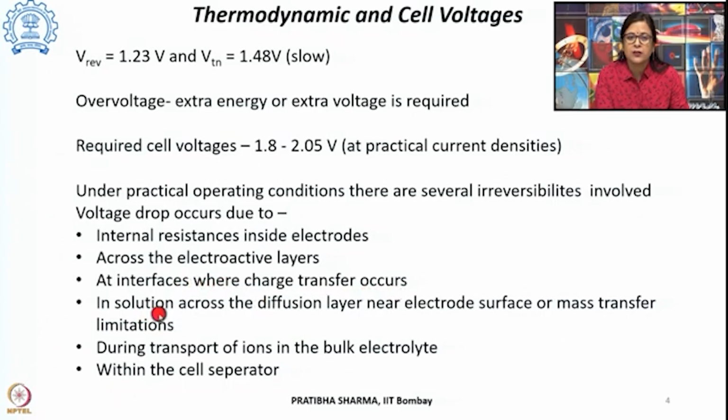It can be within the solution across the diffusion layer near the electrode surface, which is arising because of the mass transfer limitations. So in the previous class we have seen that there is a compact layer, then there is a diffuse layer. So there could be voltage drop occurring because of the mass transfer limitations. Also during the transport of ions in the bulk electrolyte, there may be an additional resistance which is offered, or within the cell separator. Now all these factors contribute towards voltage drop within an electrolytic cell under practical operating